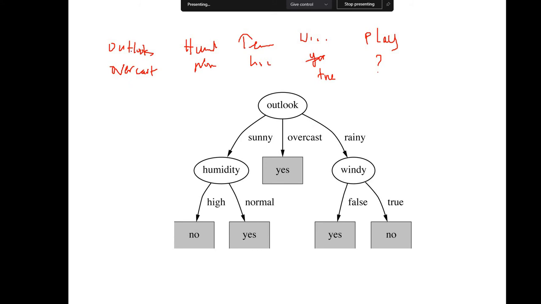We need to play the game. How? When you go through the outlook overcast, then you don't have to check all the others, because when you say outlook overcast, it's always you can play the game. So you see that